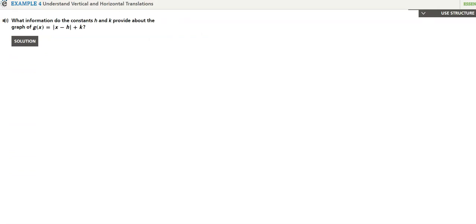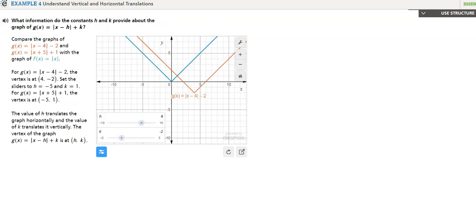So earlier in the video, I told you that this number outside the absolute value has to use the letter K, and the number inside the absolute value has to be H. So your vertex is going to end up sitting at an X value of H and a Y value of K. Let's look at some problems and that'll make some sense. I've got to unannotate so that I can show you this. Okay, so if you look at this problem,